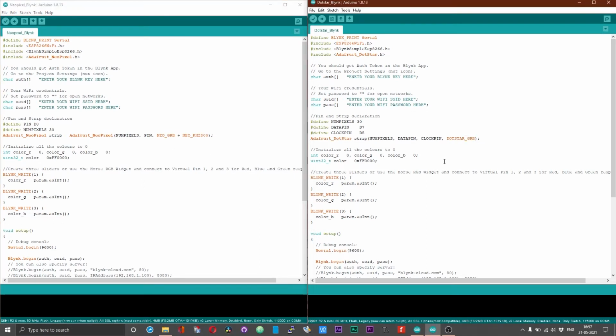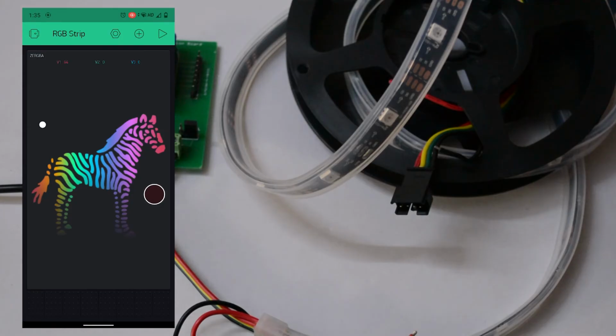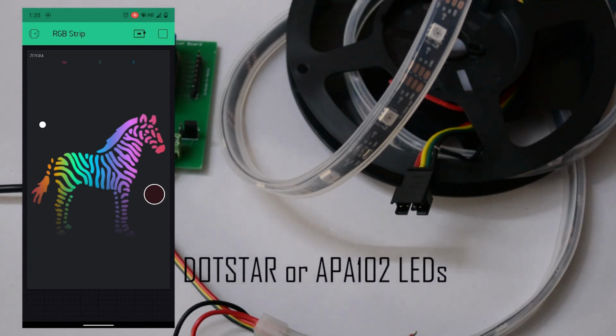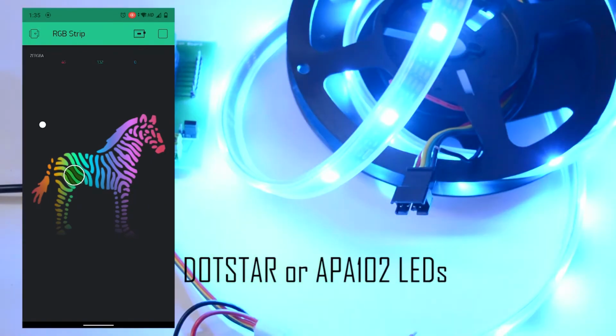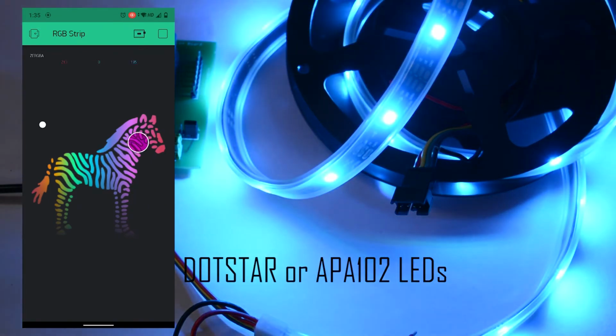Otherwise, don't worry, I will show you how you can fix that as well in the Blink app. Once you are sure that your board is connected to Wi-Fi, click on the play button like icon at the right top, and this will run or activate this project. Once the project is active, you can scroll the circle around the widget, and the color change will be reflected on the LED strip.